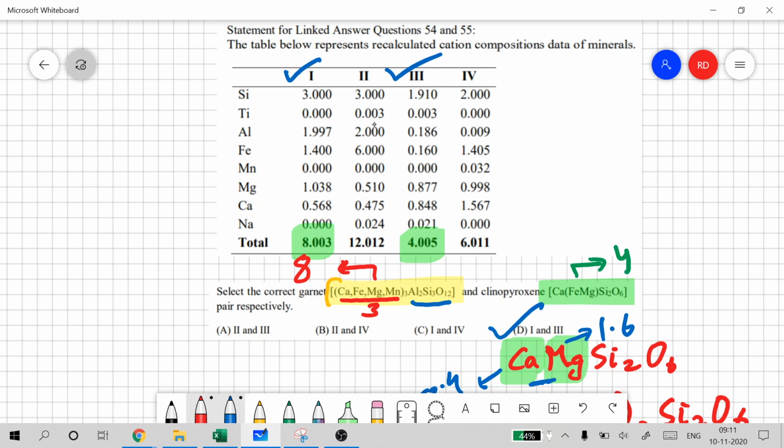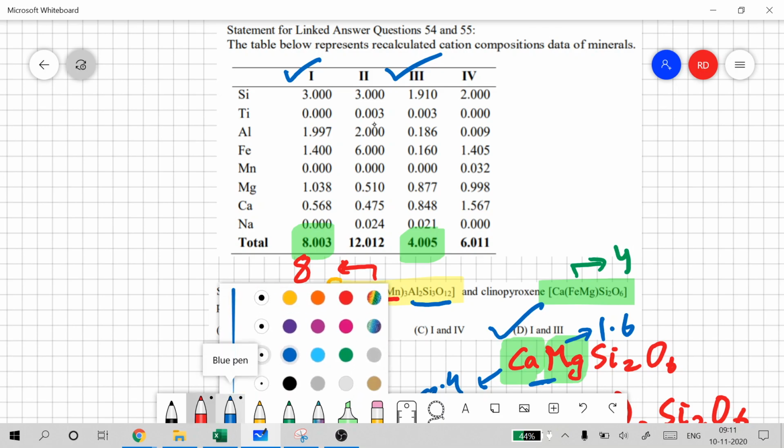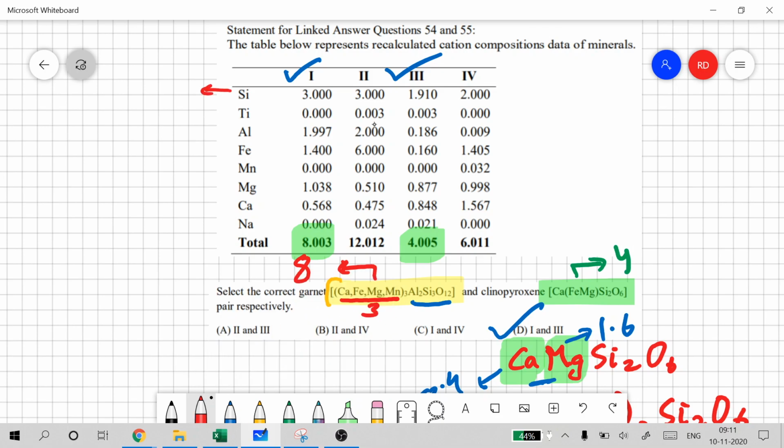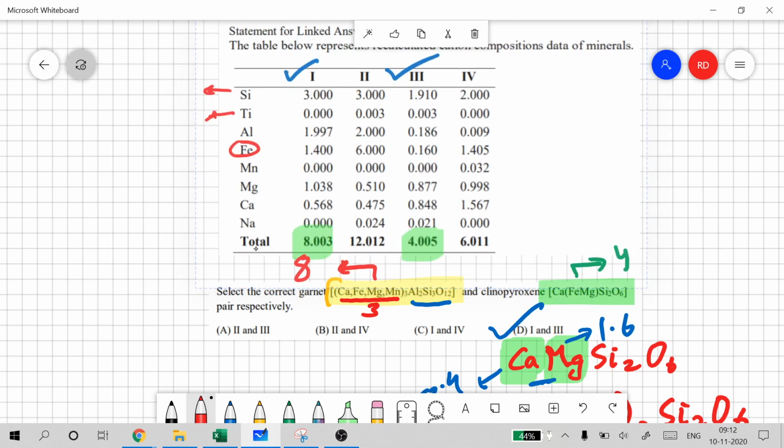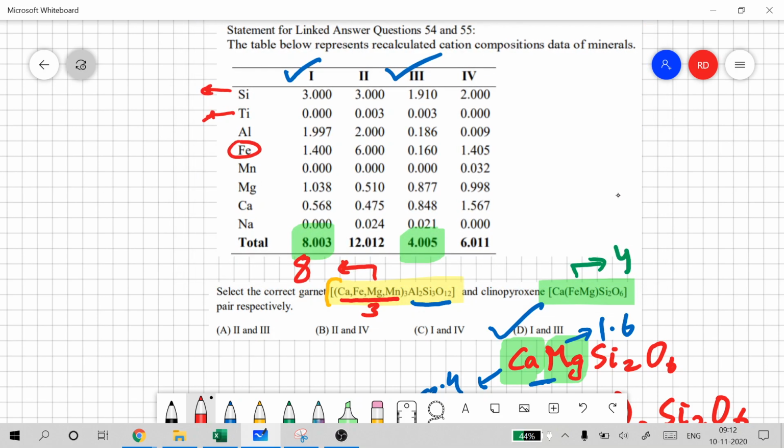Okay, Al2Si3O12. With aluminum, another way you can go about this is to calculate the compositions, but you'll need to know the oxidation states for all of these. For Fe, that is difficult to calculate. You could go that route also, to calculate that the total number of oxygens has to add up to 12 here and 6 in the second case. All these have to add up to 3.